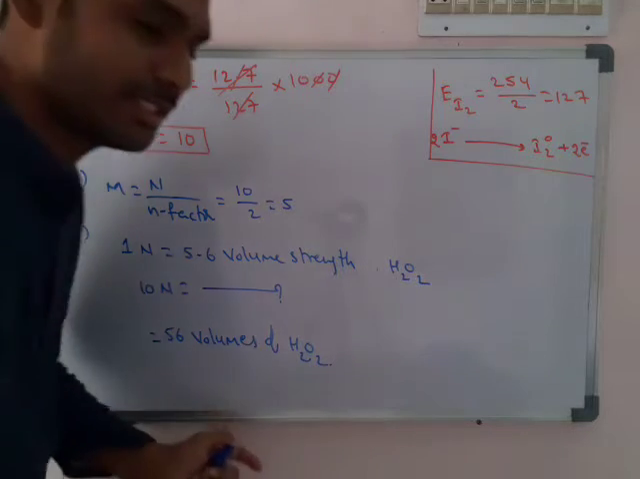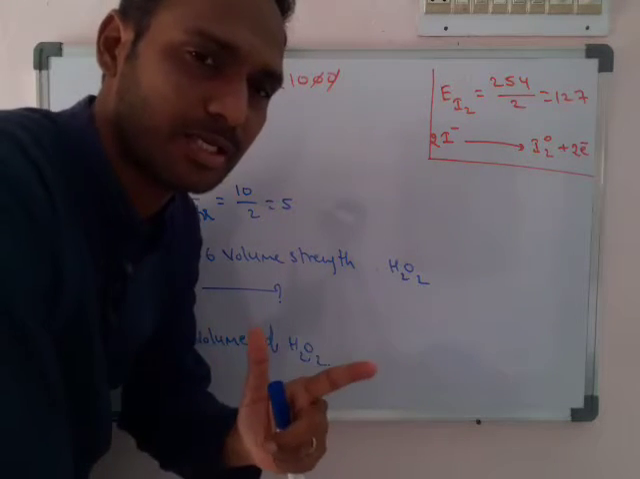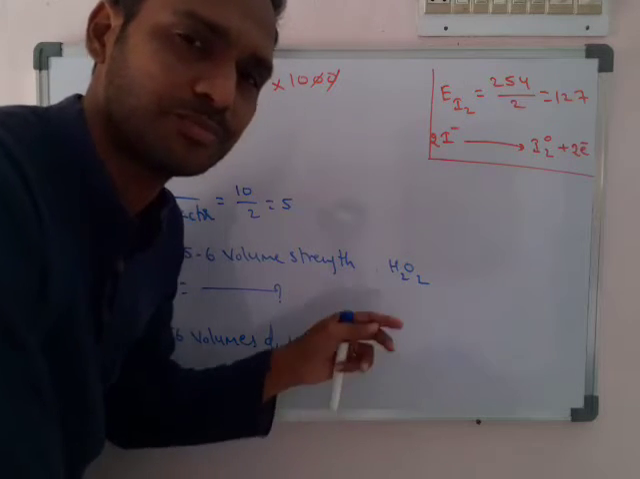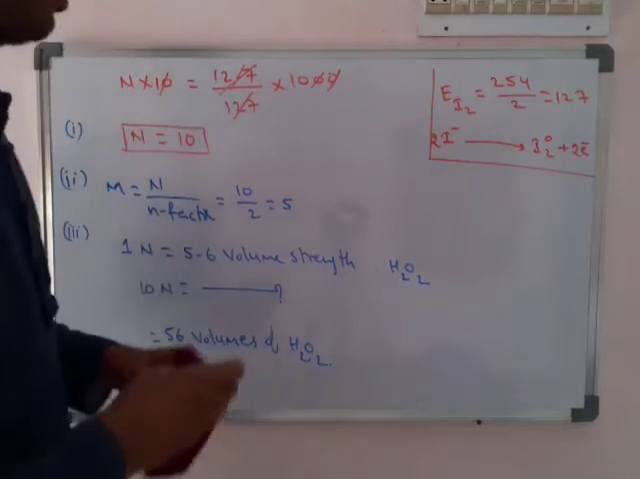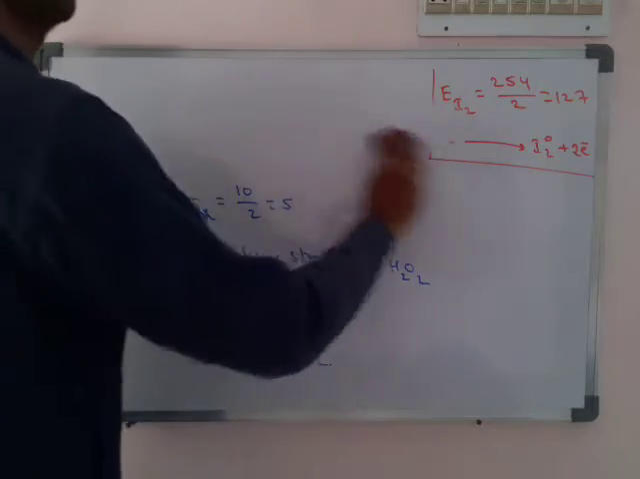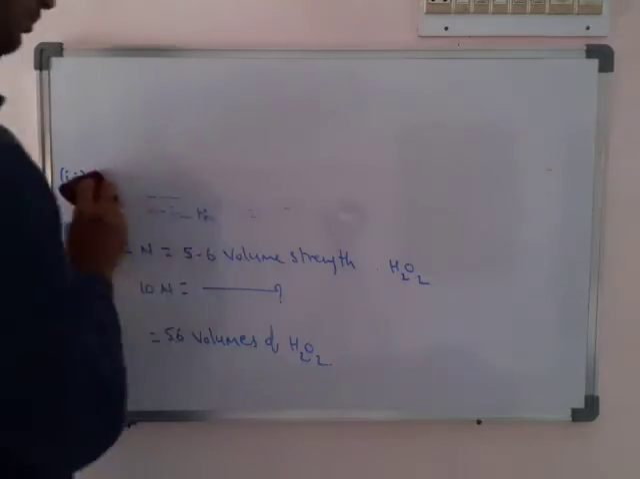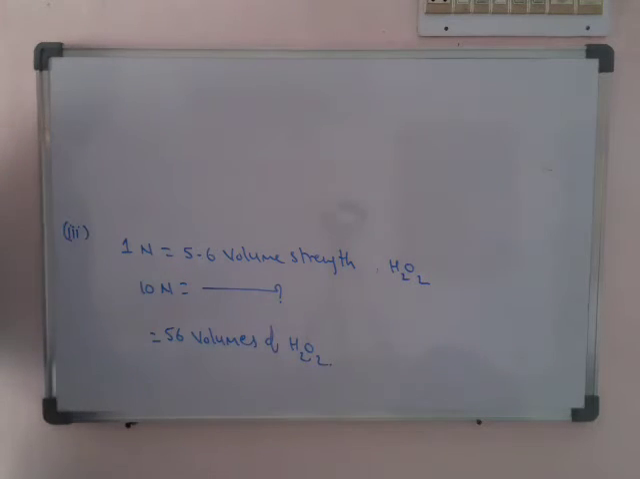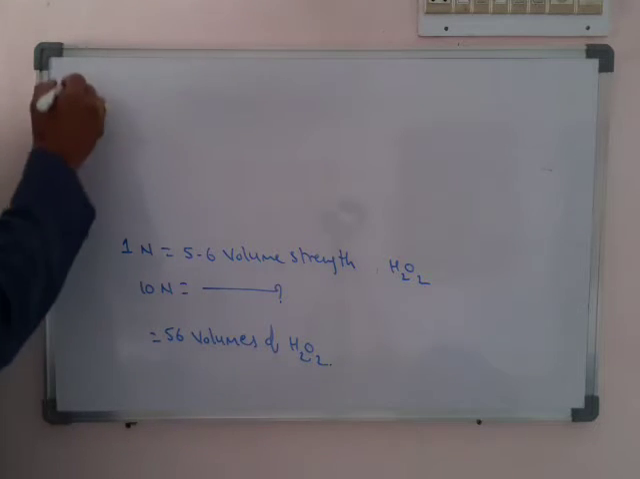So just calculating the first option, that is normality, is important. Then automatically with the help of the relation we are able to do the remaining calculations. So normality completed, molarity completed, volume strength completed. Next, strength. Okay, so strength, we know that